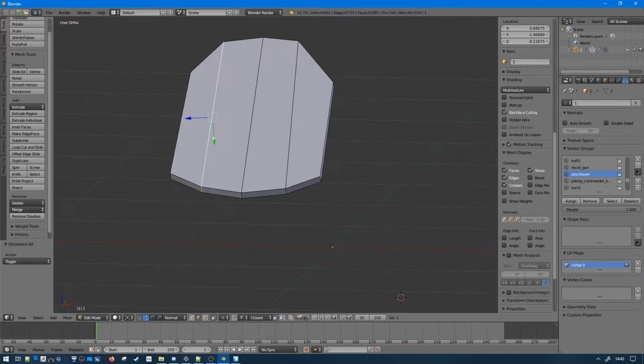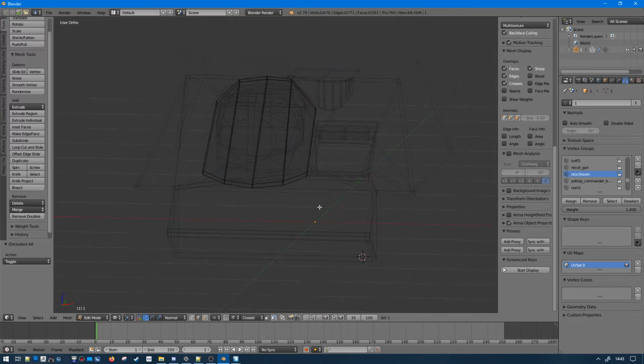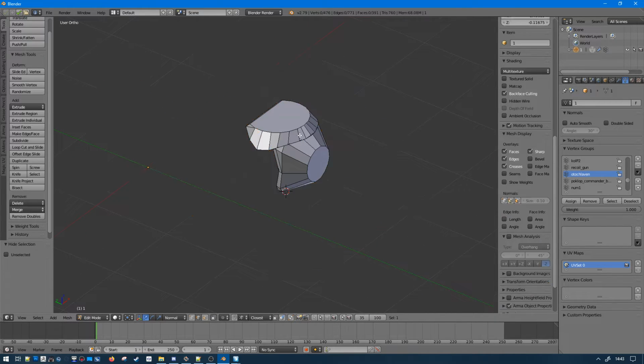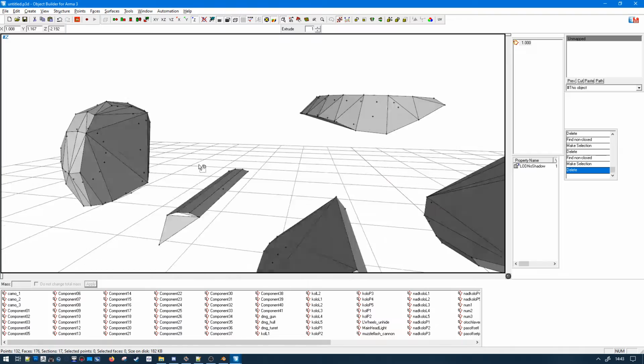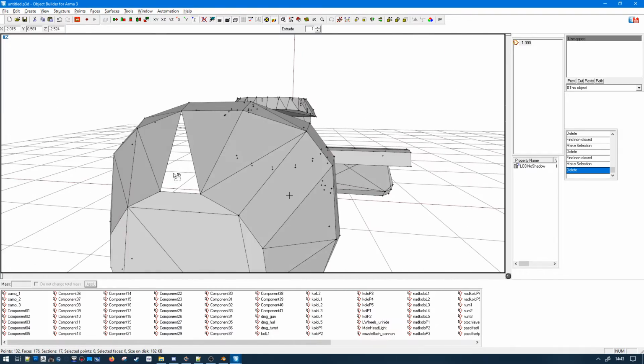Ta-da! And those. So where are they broken? So if you look at this, you see it's trying to really simplify it more.